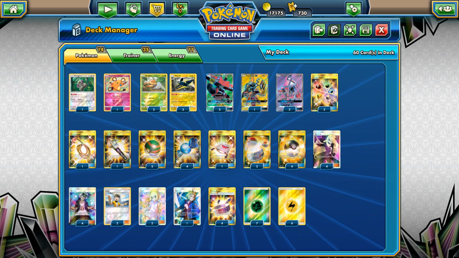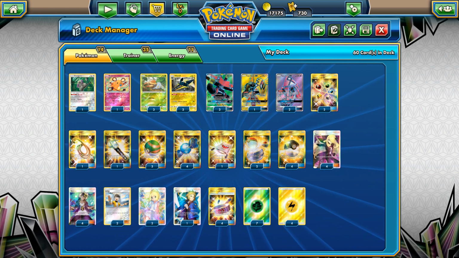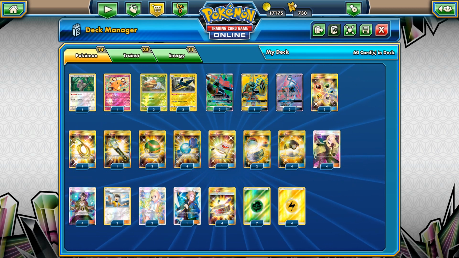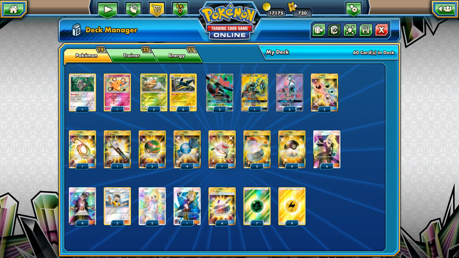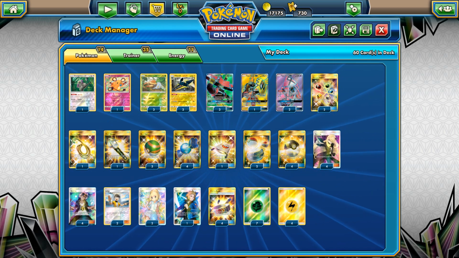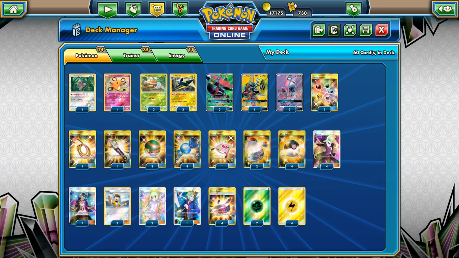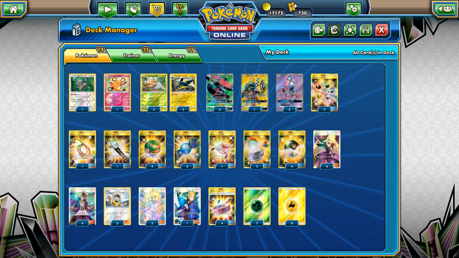But since this format is pretty much about who can set up faster and go for the one-hit knock out faster, I just think it's much better to have a consistent deck list and one-hit knock out from turn to turn, instead of taking down consistency for something that is probably not going to be super effective against some decks that can simply one-hit knock out your Tapu Bulu, for example, those Guardians, those Dawn Wings and Dusk Mane Necrozmas. So yeah,